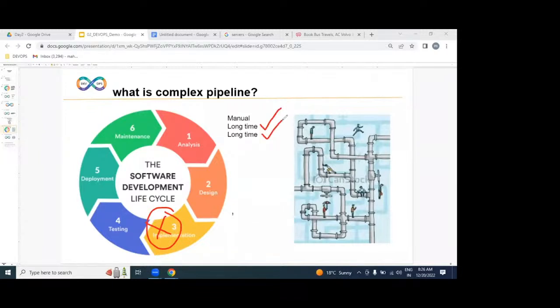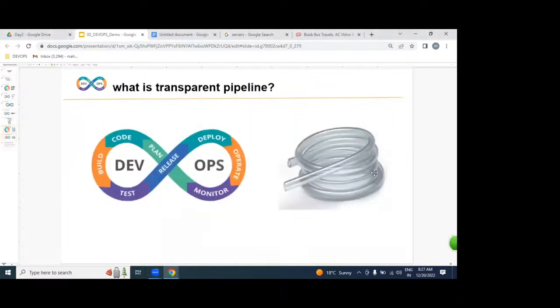An example which I gave was a water pipeline. The water pipeline is underground. Somewhere else there is a blockage. Can you identify that problem immediately? No, it is not a leakage, it is a blockage. After identification, can you fix this within an hour? It will take weeks. But what are we expecting? I don't want this complex pipeline, but I want to replace it with a transparent one. How exactly? I want to visualize a transparent pipeline. The same water, everything is the same, but I want to implement it transparently.